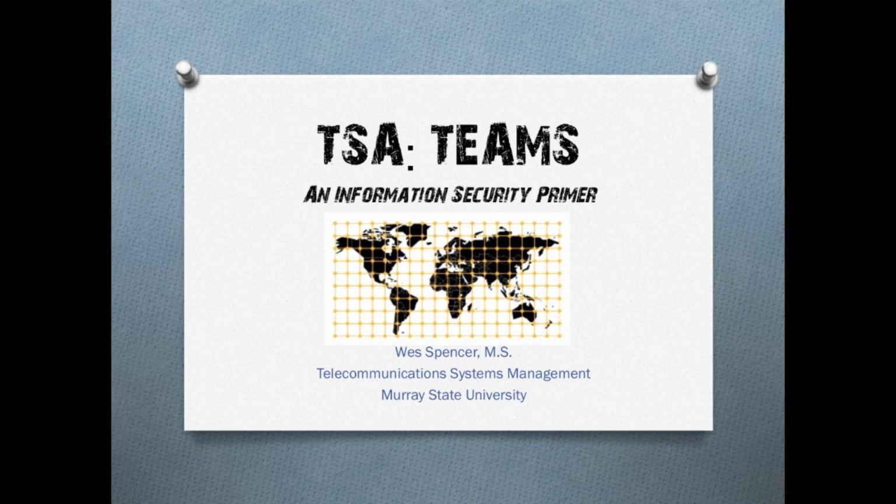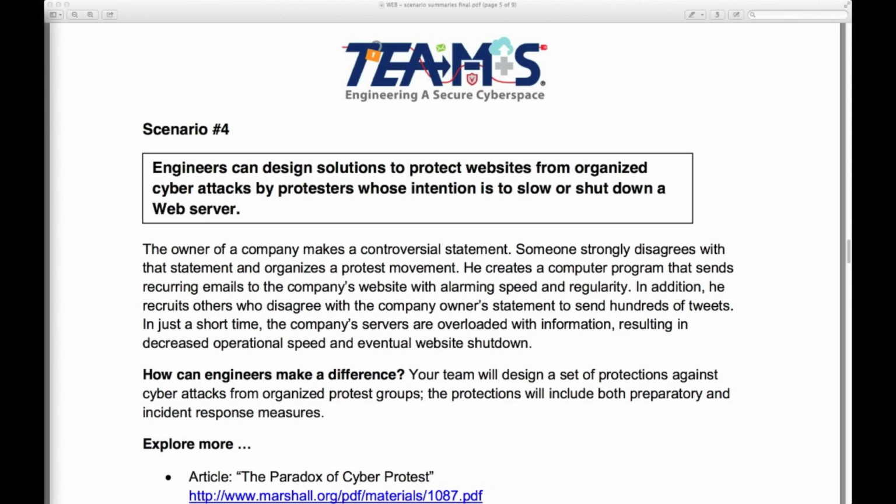In this video, we're going to be looking at scenario number 4 in the TSA Teams 2013 competition on information security. And what we'll be looking at in scenario 4 is going to be, again, a little bit different. If you look at the PDF with me, you'll see that scenario 4 says engineers can design solutions to protect websites from organized cyber attacks by protesters whose intention is to slow down or shut down a web server. So we're going to look at two different things, one that's slightly unrelated and one that